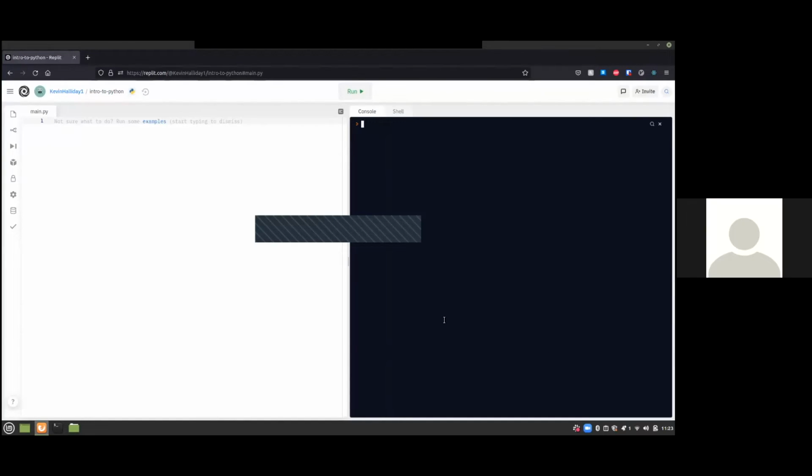So what I have in front of me may look a little weird, and I just want to explain this before we hop into the details. Leah mentioned that programming is about giving instructions to the computer about what to do, and that's what this space here on the left is for. Here is where we will be writing our code, and then we'll press this run button, and any of our output, anything we print out, is going to pop up over here in the console. And the console is a weird name, right? But all we have to think about it for now is this is where our output goes. So we have code here on the left, output here on the right.